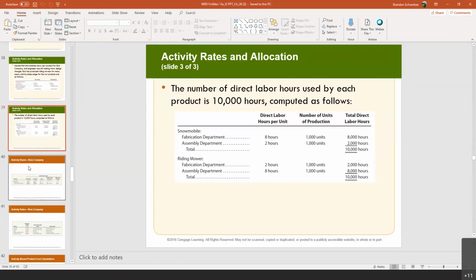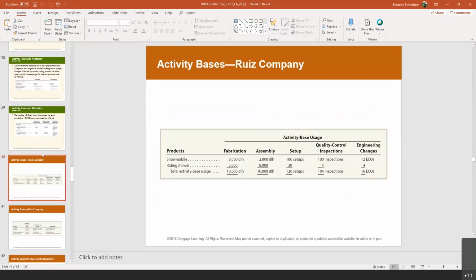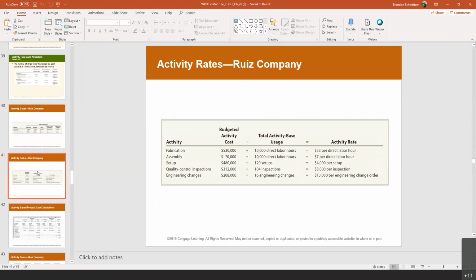And then you would further extrapolate that out by looking at the setups, the quality control inspections, and the engineering changes. And then you keep going to further analyze that data by looking at it from the respective budgets. You have each budgeted amount. You divide each budgeted amount by the activity base usage. We said 10,000 direct labor hours for